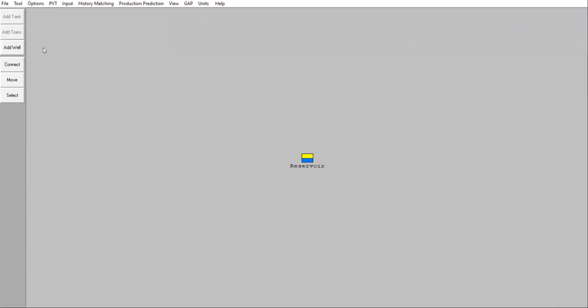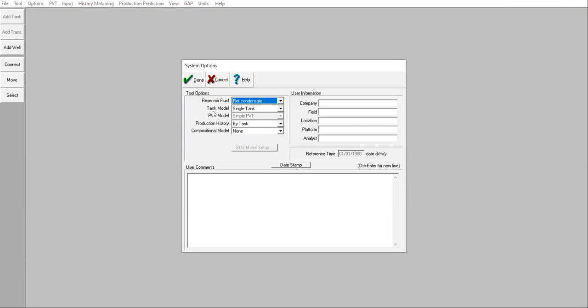All right. Very interesting. Now we are already inside the MBAL software. It's connected. Okay, so once the MBAL file is open, we can access the option, this one, from the main toolbar and open that. And then reservoir fluid, let's select general, and then tank model single tank, PVT model simple PVT, and production history by tank. But now compositional model, we go fully compositional. All right,